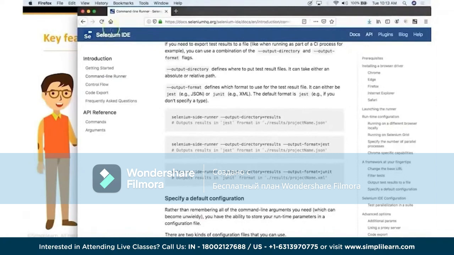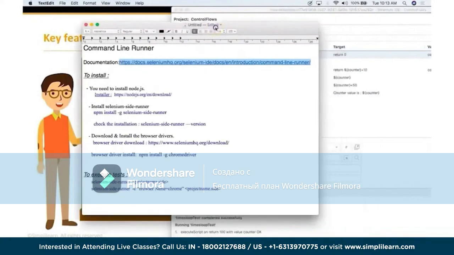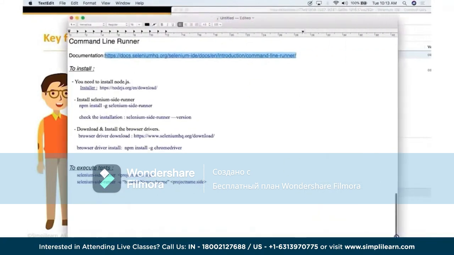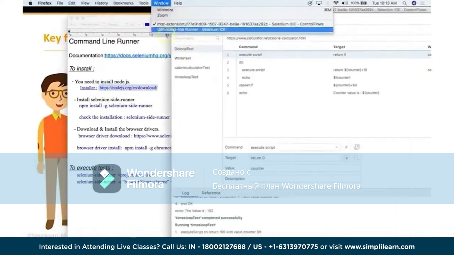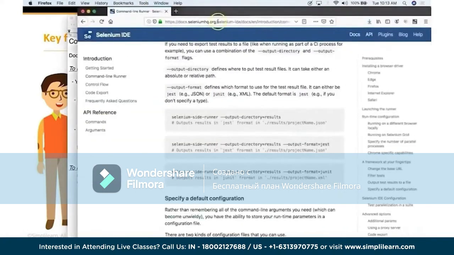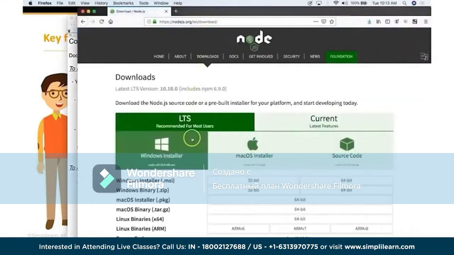Okay, so let's go back to our installation. Coming back to our installation here, the first prerequisite we need for the Selenium side runner to run is Node.js. If you go to this website, nodejs.org, let me open the same browser. Okay, all right, so here you will see that the Node.js